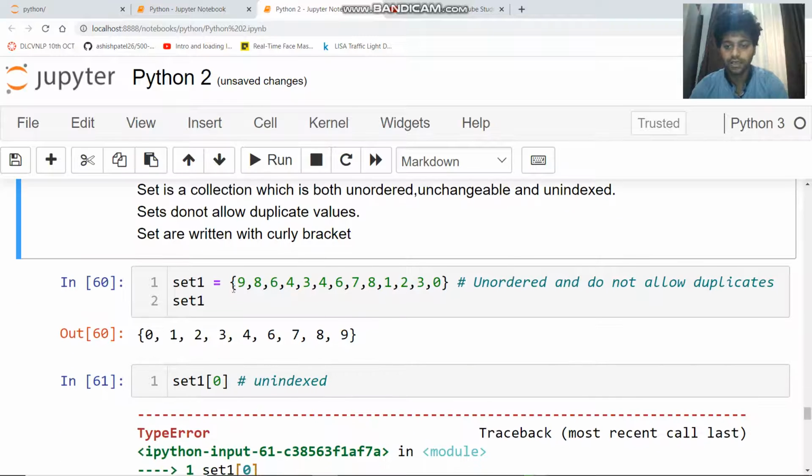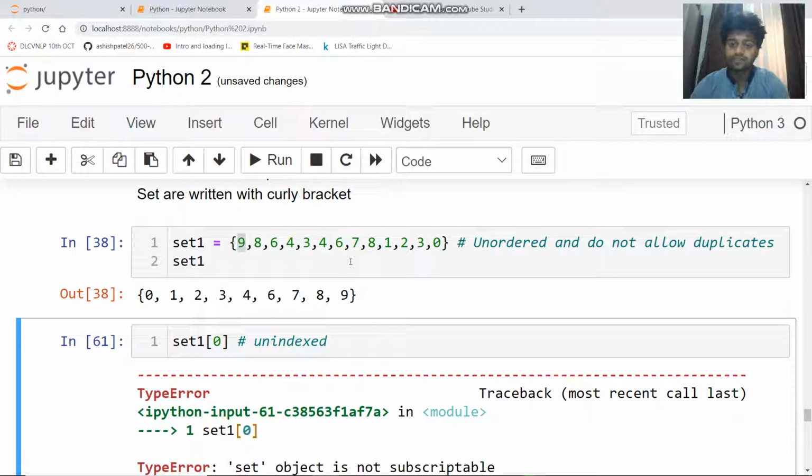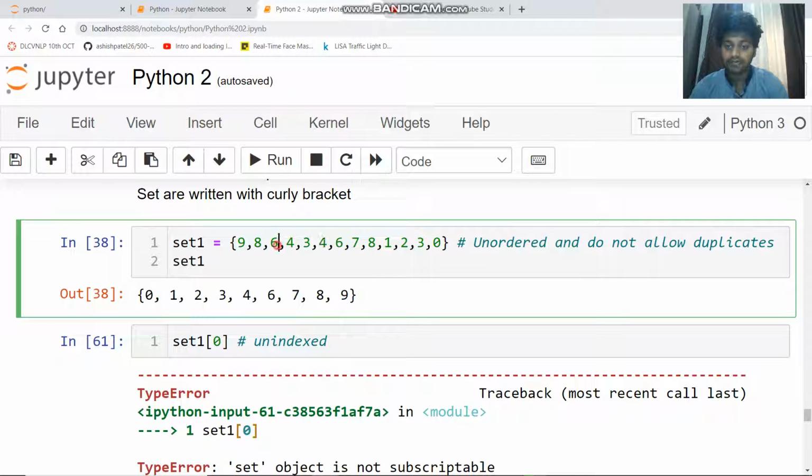Over here I've just written the values in set 1. See what will be the value of this. It's not following the order we have taken. It's not giving the exact output of what we have provided in the initialization of the set. We have given 6 two times, 3 two times, and 8 three times, so it's not giving that. It's just giving the sorted values of the set.